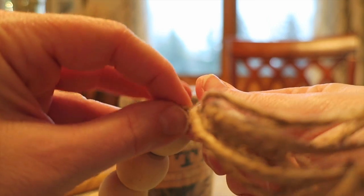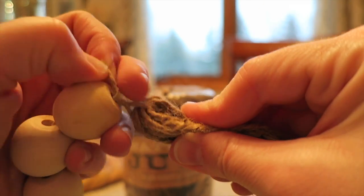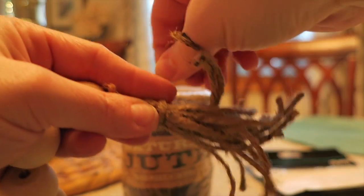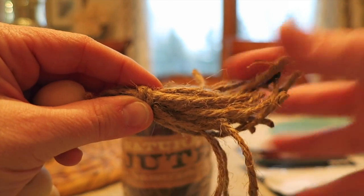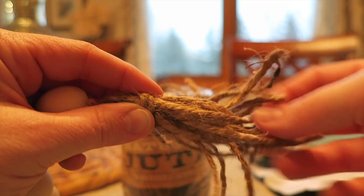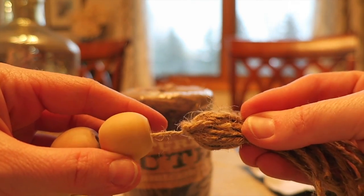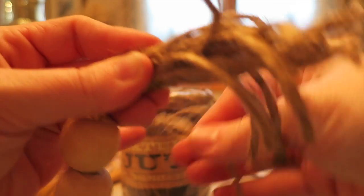And then after I get done knotting it, I'm gonna take this where it folds, and I'm gonna take one of the larger pieces of the twine, wrap it around and secure that so it makes like a little tassel. And then you can cut it to varying lengths if you want and make it the size you want. So then after it's knotted onto the garland, I'm just gonna pinch it down here